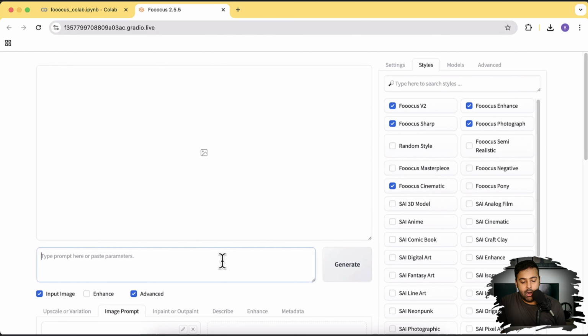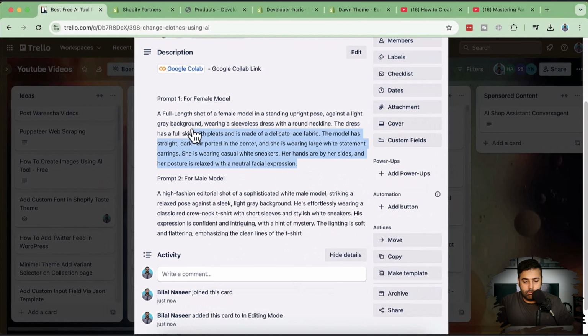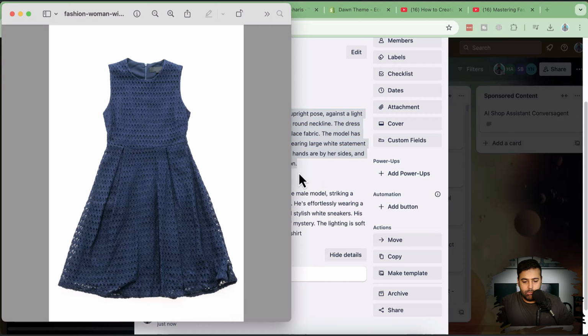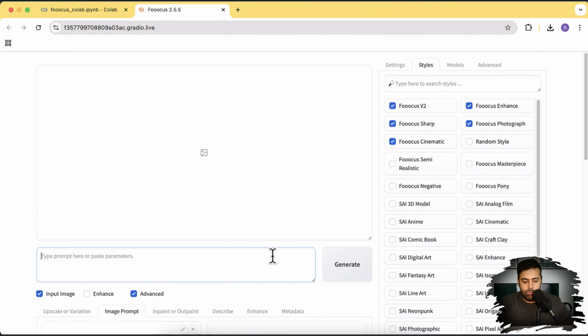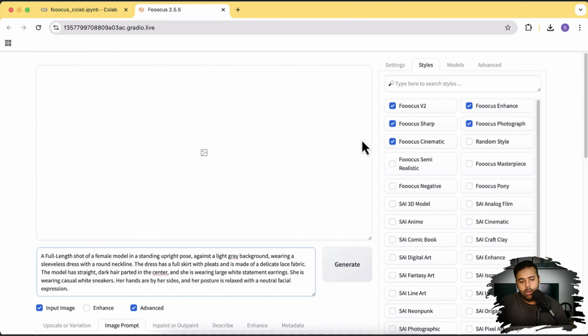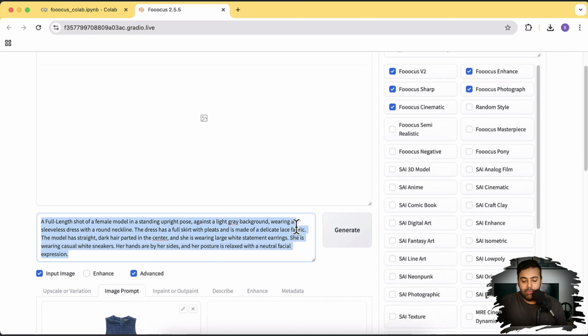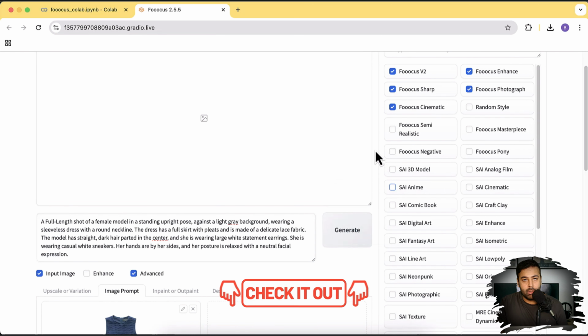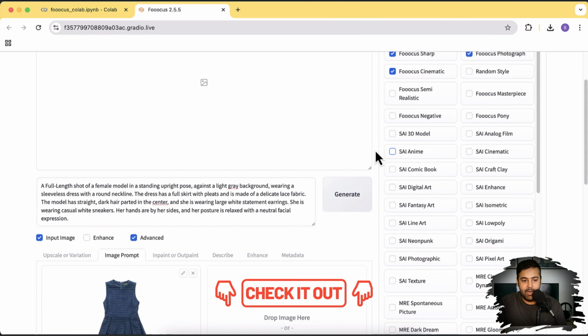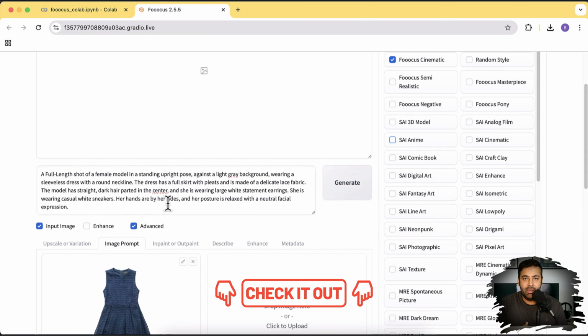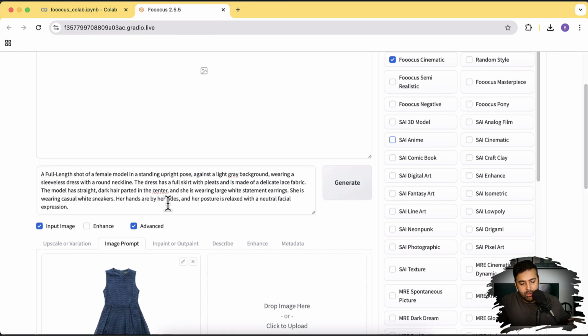Okay, now the next part is the prompt. So I'm going to add the prompt here. I have already generated the prompt. You can see I have already added the prompt. I'm going to add this prompt as an example in the YouTube video description so you guys can have a basic understanding of how it works. It's basically explaining the type of model which we need. So here you can see